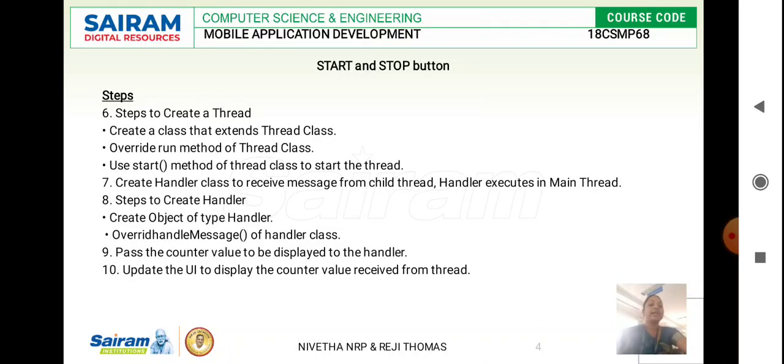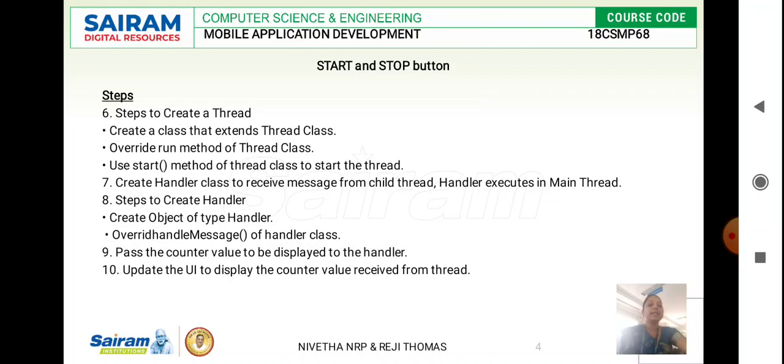This data will be given through the thread, and the thread will give the number of counts it has gone through. That has to be received in the handler, and when the stop button is pressed, the handler should display the counter value it received from the thread.